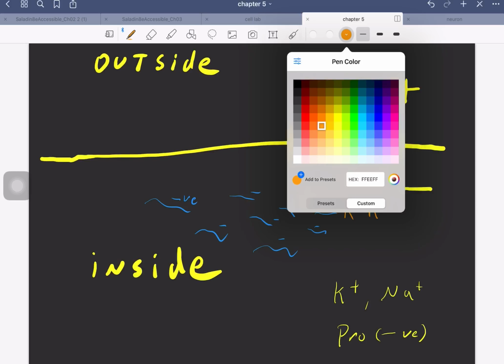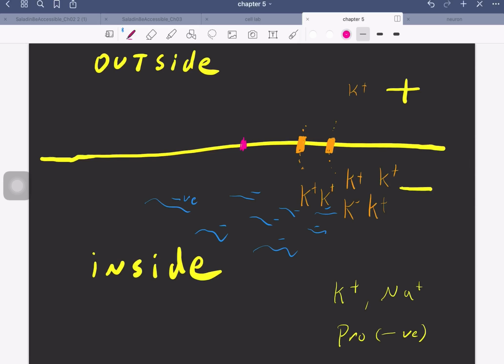Just change the color for sodium. There are also sodium gates, or channels, I should say. And sodium is much more concentrated on the outside versus the inside. Now, sodium has a harder time to leak in and leak out, but it may. So there is a little bit of leakage of sodium in, going from high concentration to low concentration,